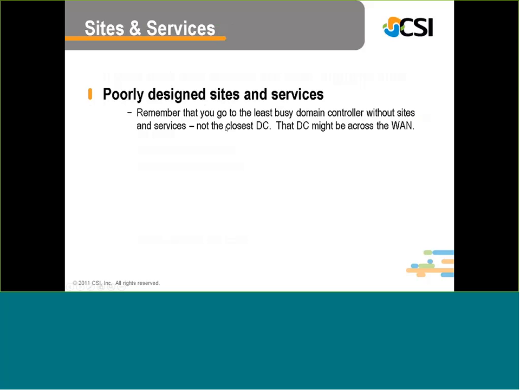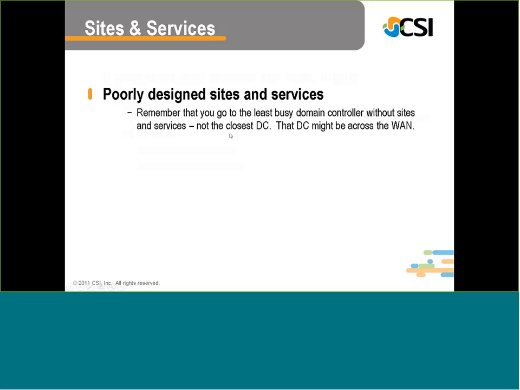Sites and services. I just did a presentation on this at the last Tech Talk. Remember, if you're not doing sites and services and you have multiple DCs spread out, your VLAN goes to the least busy domain controller in your network, which could be across town, not your desired choice. Sites and services allows you to say this VLAN authenticates to the closest DC, keep everything close, keep everything fast. If that one's not there, then we'll go to the least busy. But if you're not doing sites and services right,